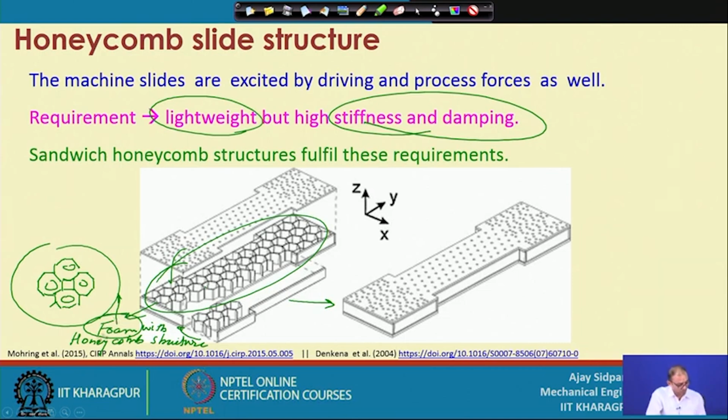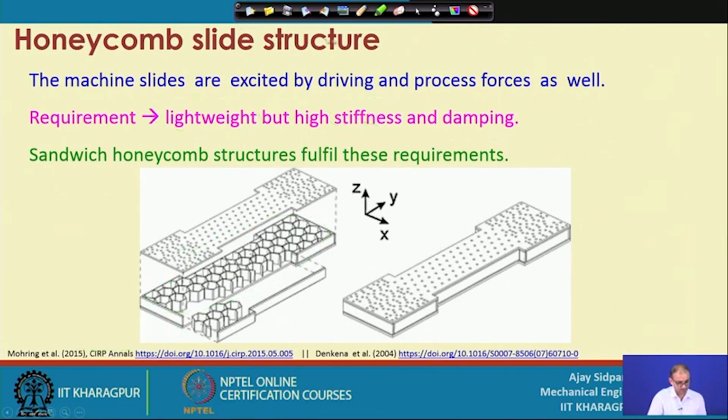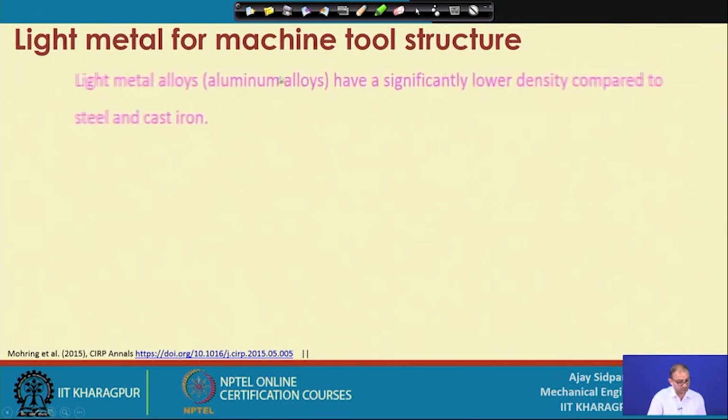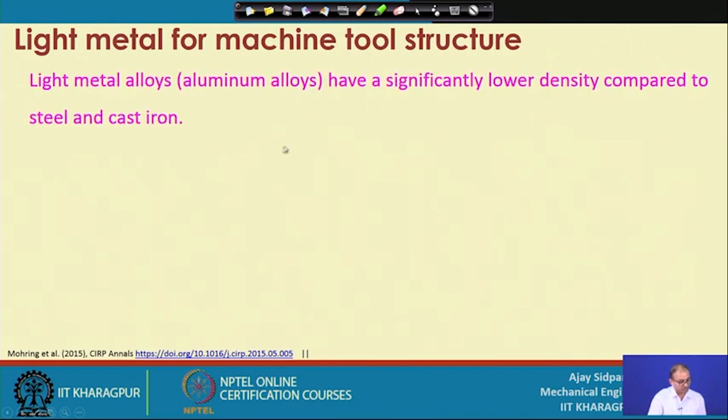So, you have to go with the honeycomb structure, but with metal or some other material which has a very high Young's modulus. Other than that, whatever we have seen, we can use different types of metal, but light metals are also available. Mostly it is aluminum alloy or magnesium alloys. These materials have significantly lower density compared to steel and cast iron, because we know for construction material, for the base we mostly prefer cast iron, for other parts we prefer steel, but